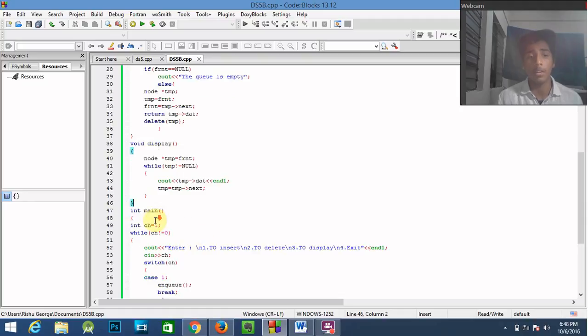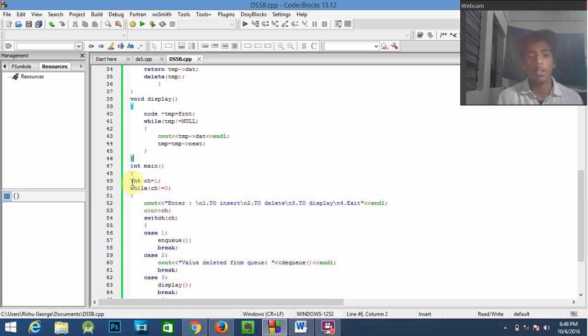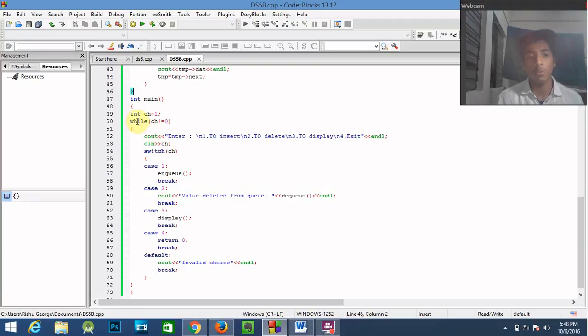Then we have int main, and execution starts here. Same as we did in the stack, we will do in the queue also. The only difference is for the front and rear. Here we are giving ch equal to 1, and while ch is not equal to 0, that is, if the condition is not true, then the loop will continue.